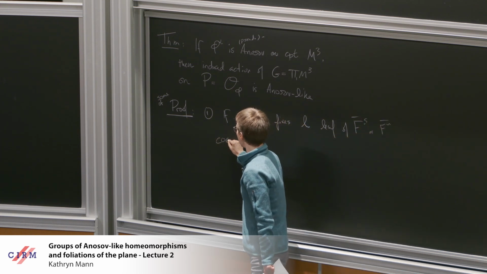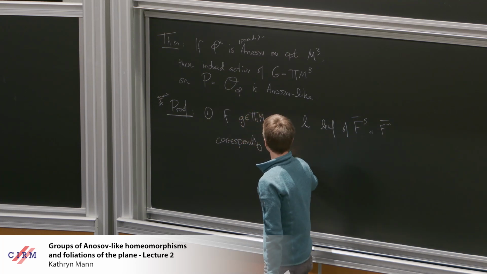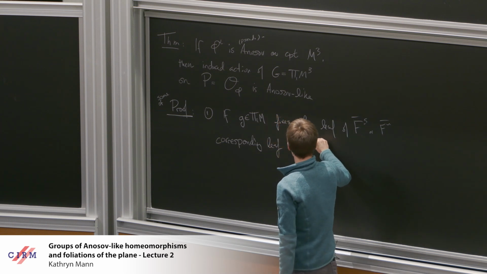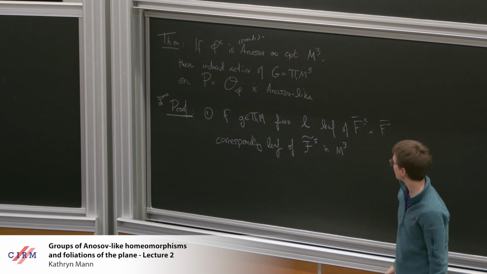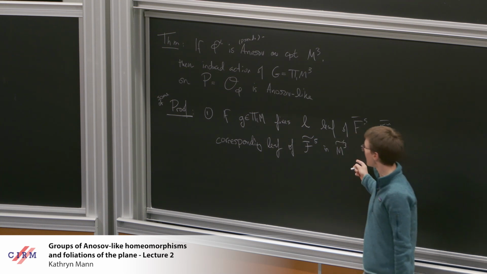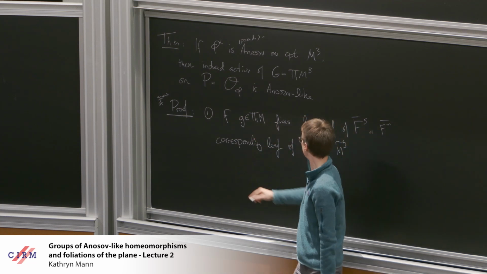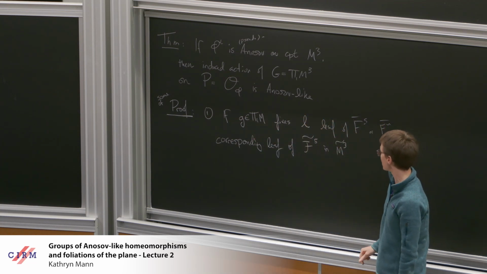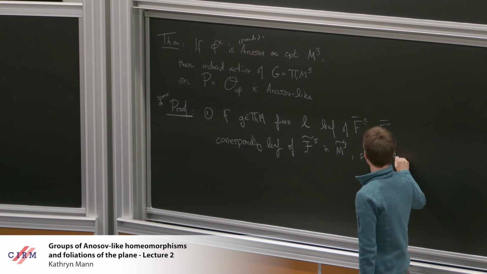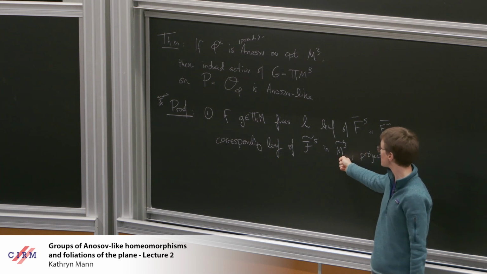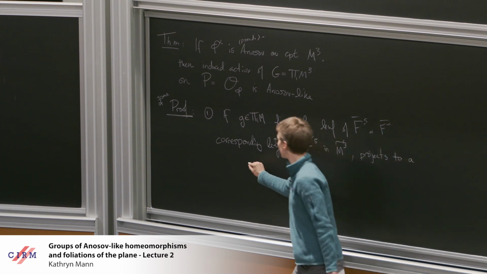That means that the corresponding leaf of the lifted foliation in the universal cover of the 3-manifold is stabilized by some element of the fundamental group acting by deck transformations. Okay. So this projects to some leaf in the original 3-manifold with a non-trivial fundamental group. So this projects to a cylinder leaf